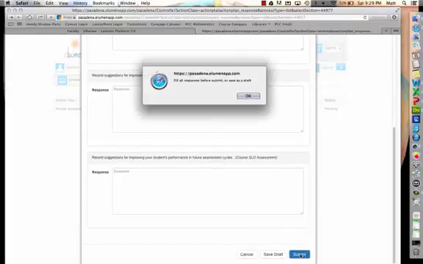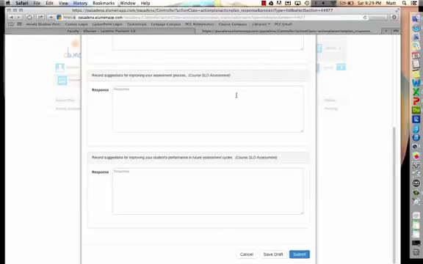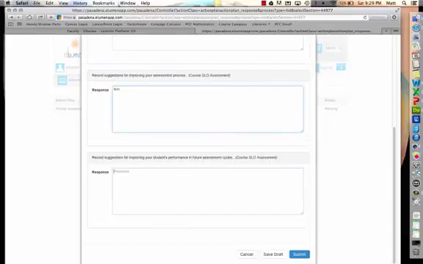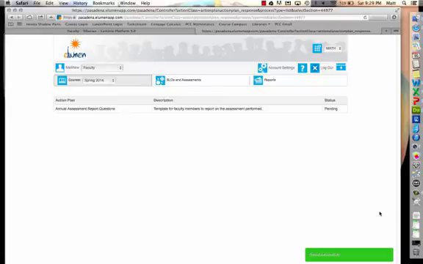And then click Submit. Oh, it won't let me do this until I've entered text into every box. So let me go ahead and do that. And once I've done that, I can click Submit. It is saved successfully,